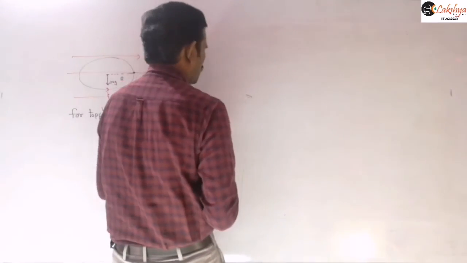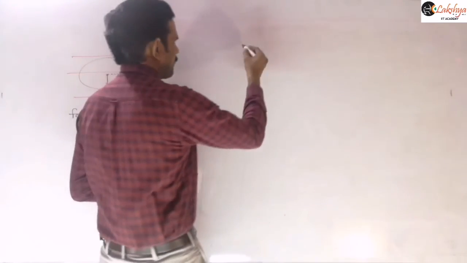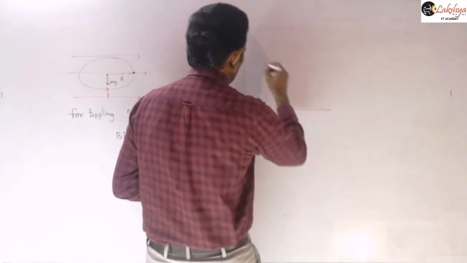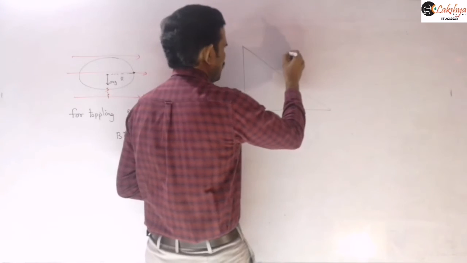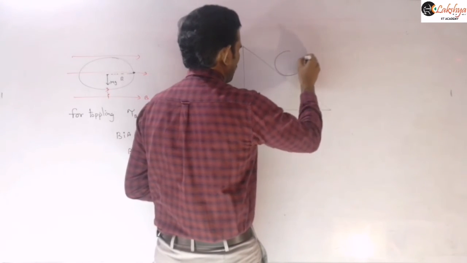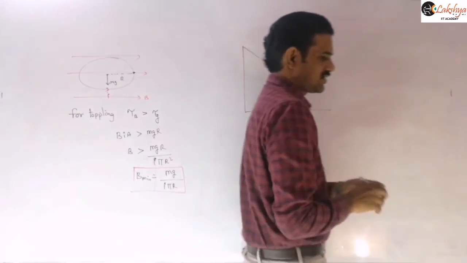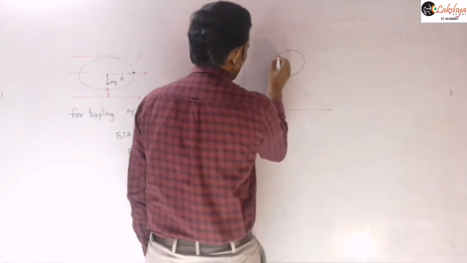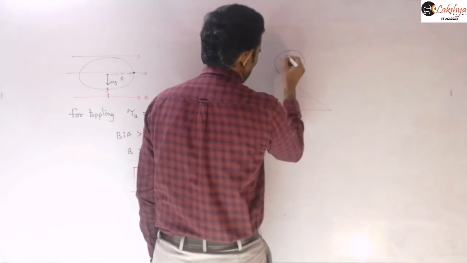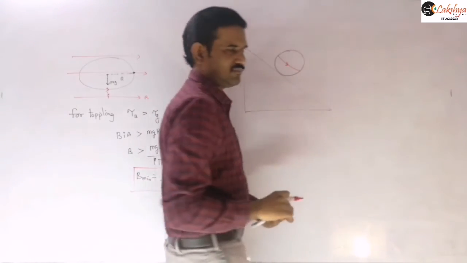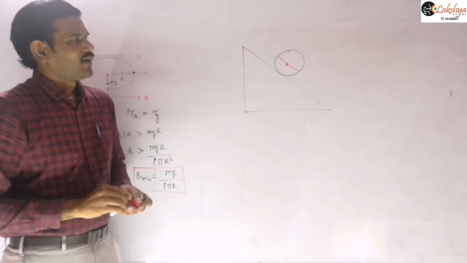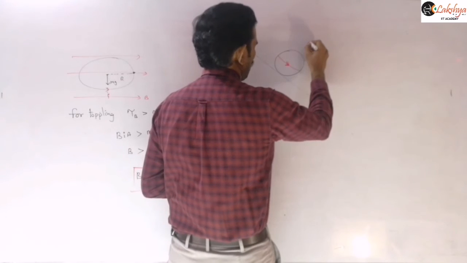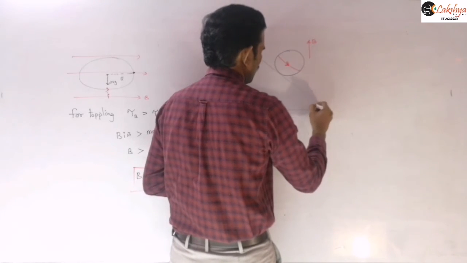Next, a similar question will be there. Now take a spherical object having a single turn wound on its diametric plane. This is a spherical object of mass m. A single turn is wound in its diametric plane, which is parallel to the inclined plane. That means a current carrying loop is placed like this. If the current is flowing like this, what should be the vertical magnetic field required so that it will remain in equilibrium?